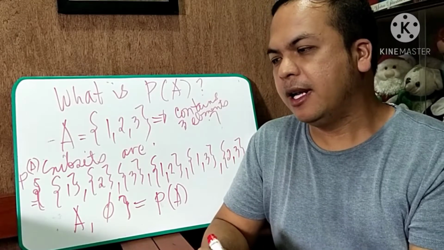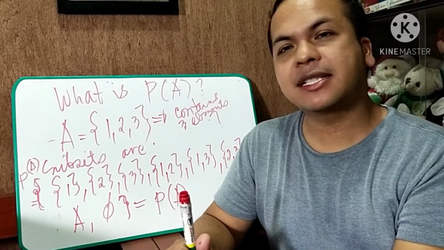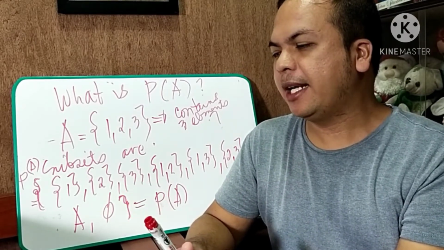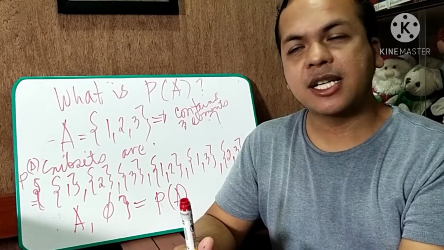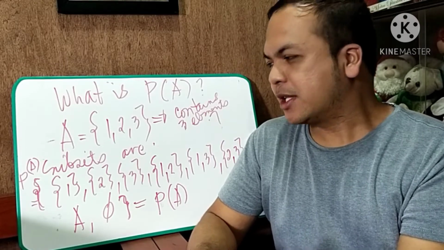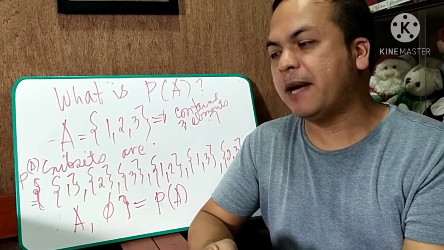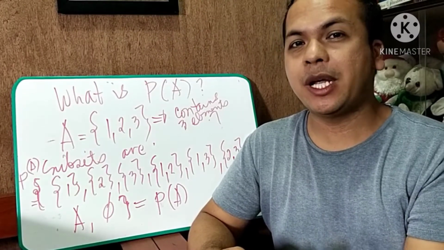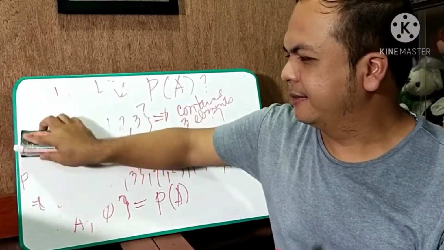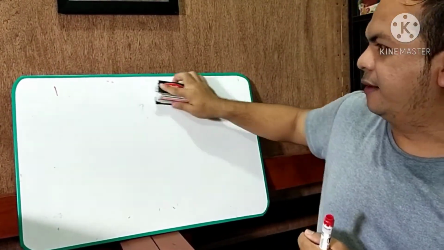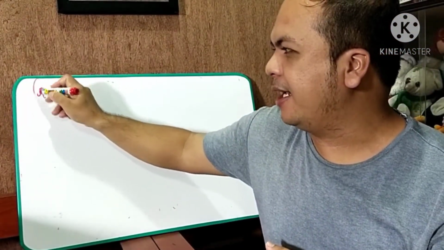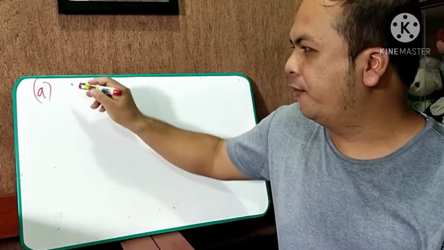Diba? If you recall, ang example natin is, we let star be a binary operation on the power set of A defined by x star y is equal to x intersection y for all x, y elements of P of A. Okay? So, given that condition or premise, we have to do the following activities. Okay? So, given the premise, 1 or letter A, we will prove